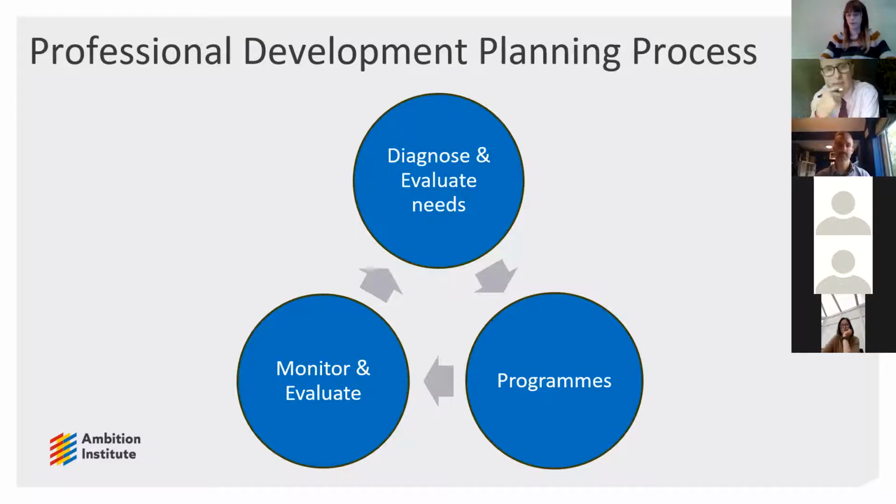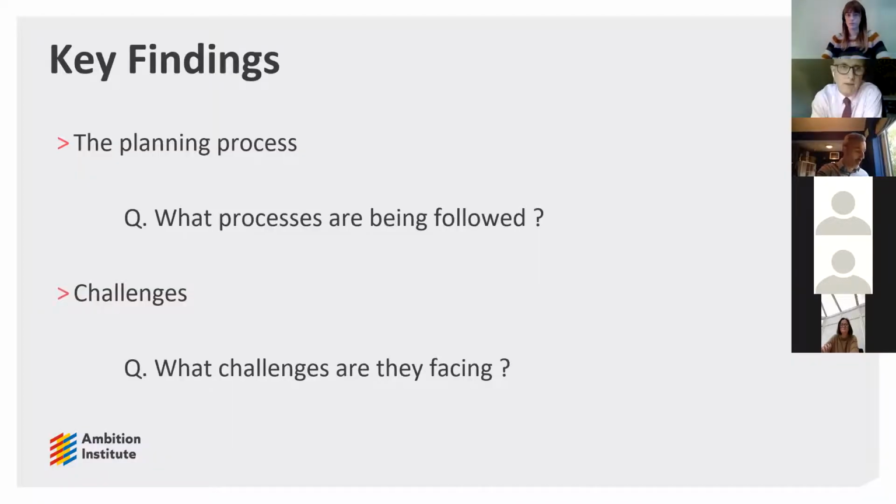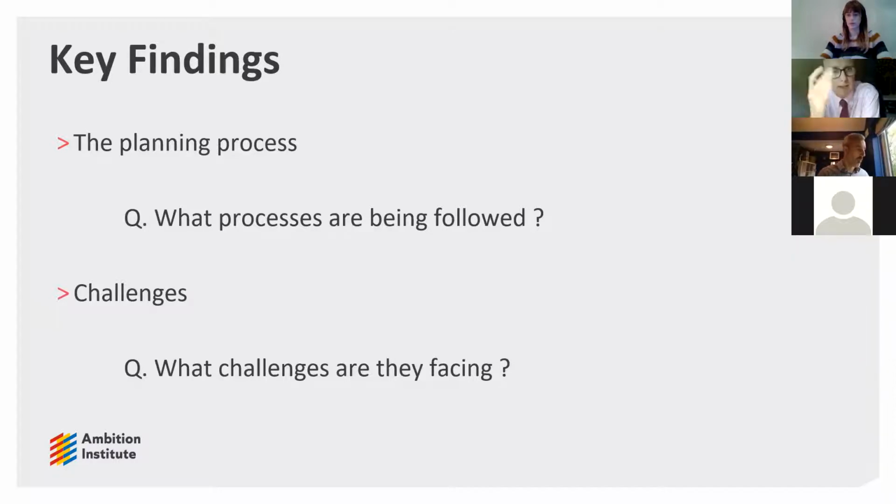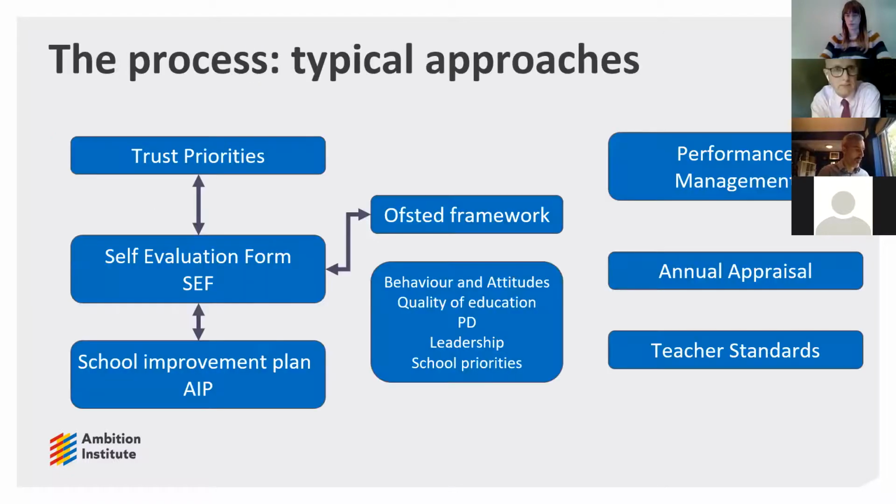So when we talk about this process at the moment, what I used as a point of reference as part of the discussion were 3 distinct phases: how you diagnose and evaluate need, what programs you put in place to meet that need, and how you evaluate and monitor impact. What we'll look at specifically are the processes broadly that are followed. And then when we think about the execution of that process at the 3 phases that I've outlined, what challenges they're facing executing the process.